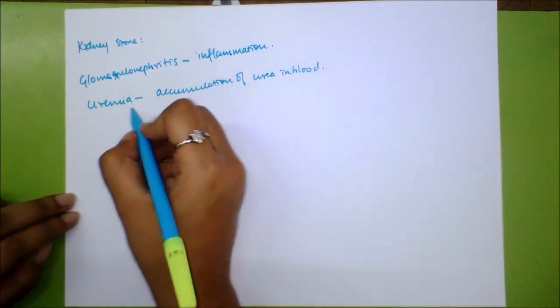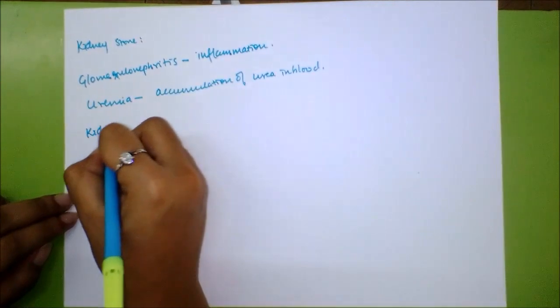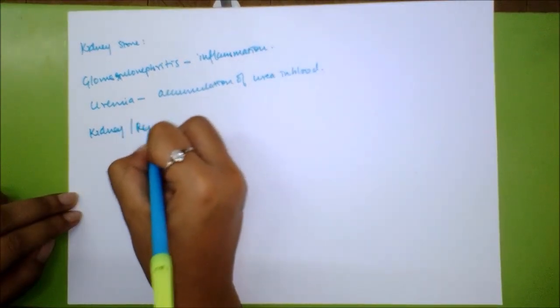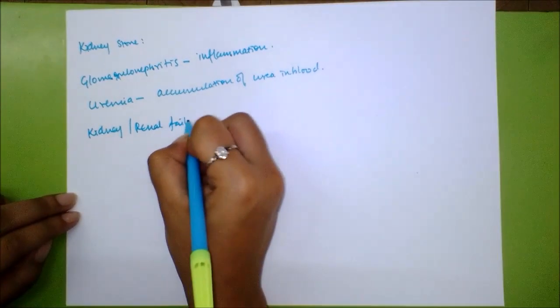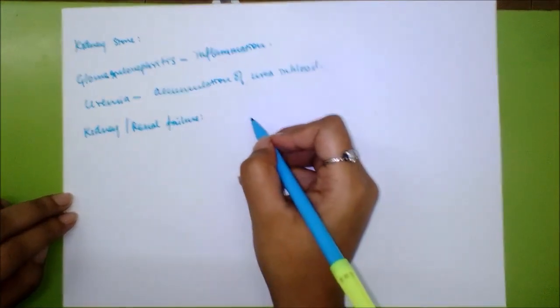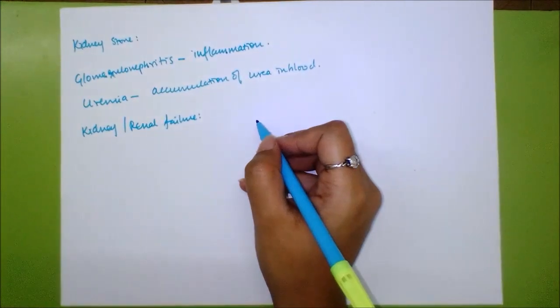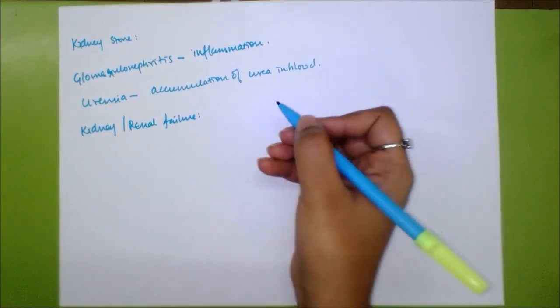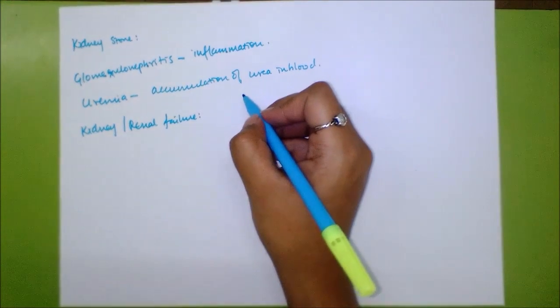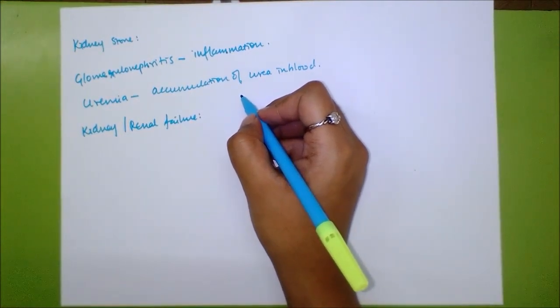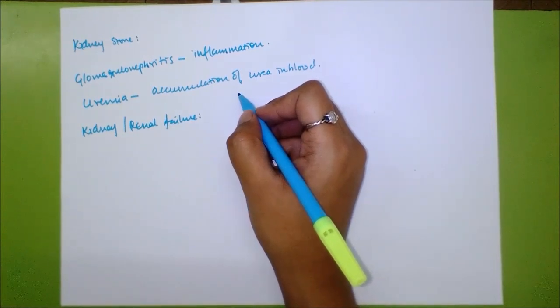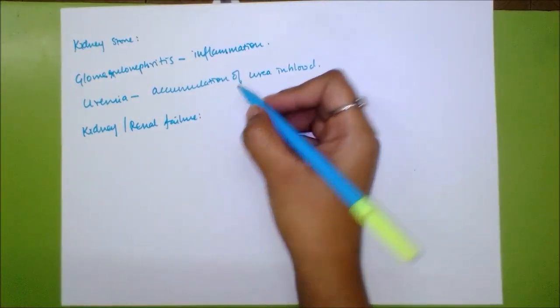Lastly, kidney or renal failure. Renal failure is a medical condition in which the kidneys fail to adequately filter the waste product from the blood. Now, hemodialysis should be started after diagnosis is done. In hemodialysis, blood is drained from an artery into a dialyzing unit which contains cellophane tube surrounded by a fluid of same composition of plasma except nitrogenous waste.